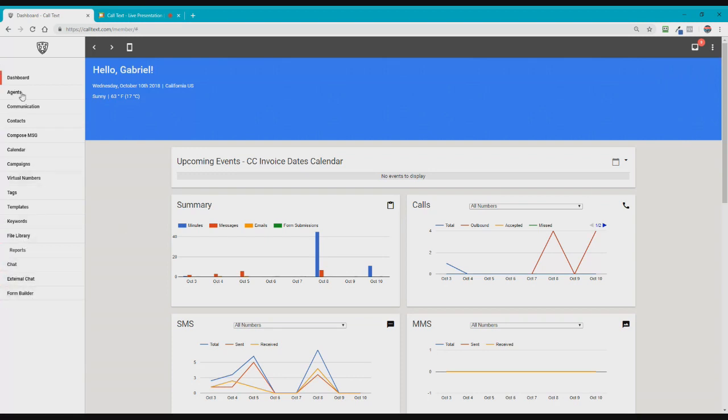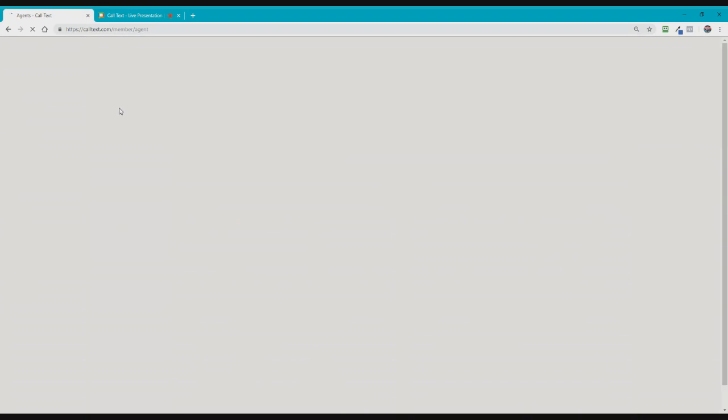So the first one we're going to go into is agents. Agents is for those of you that have employees or have assistants, or you just need a sub account inside of your main account. An agent is someone that you can assign contacts to, you can assign tasks to, and